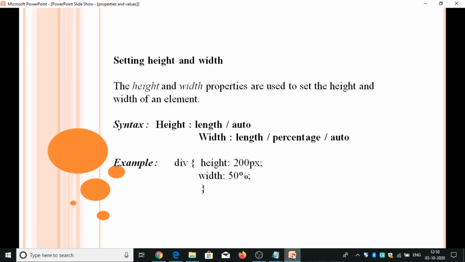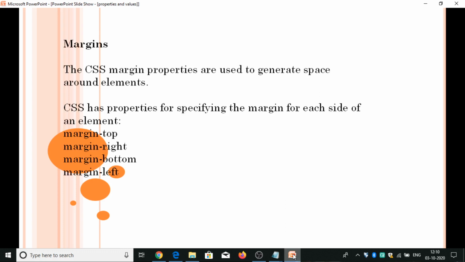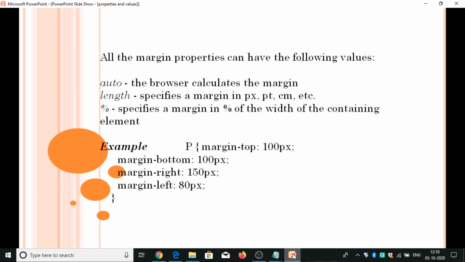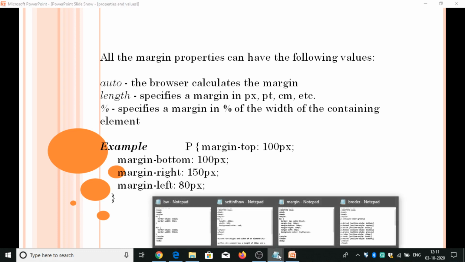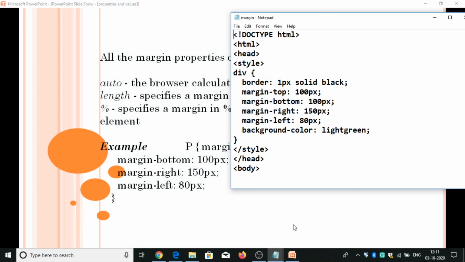And the next type of properties are margin. We can generate space around the elements using margin properties with top, right, bottom and left. We can specify the margin values with percentage or with pixels like 100 pixels or 100%, 5%, like this. The output of this margin program is this.